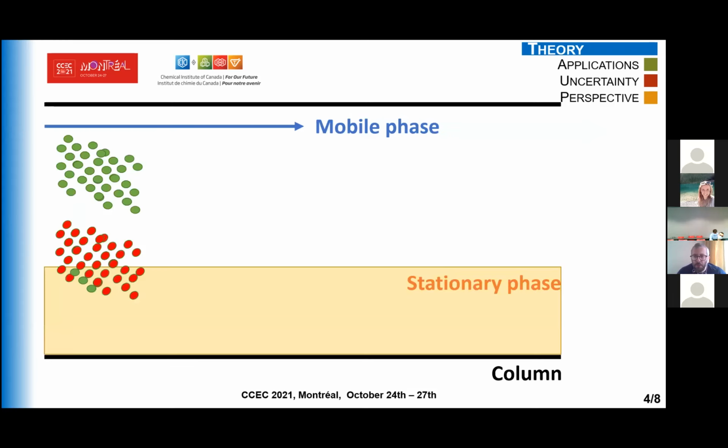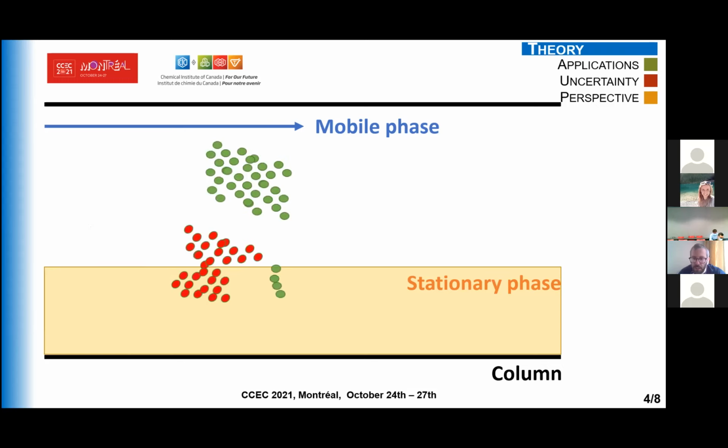So here I propose a little scheme concerning chromatographic separation. We already talked a little bit about it during the HPLC presentation. We are considering a capillary column and two analytes, the green and the red. The stationary phase is represented in yellow, and the mobile phase transports the analytes from left to right. At the injection, the red and the green analytes are mixed, but the red one interacts with the stationary phase, and in the stationary phase, the